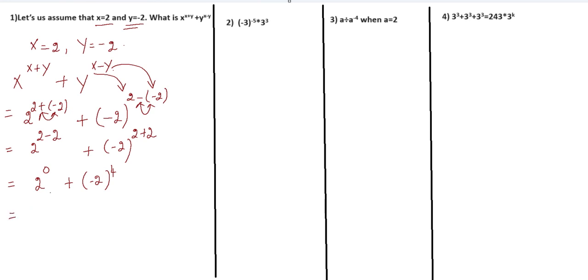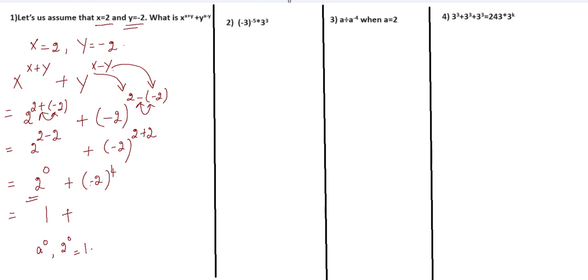Okay. Anything power 0, whether it is 2 power 0 or 3 power 0 or 4 power 0, the value is 1. So 0 as an exponent, we call this zero as an exponent. So any base power 0 is 1. Whether it is 3 power 0 or 2 power 0, the value is going to be 1. Okay. Plus,